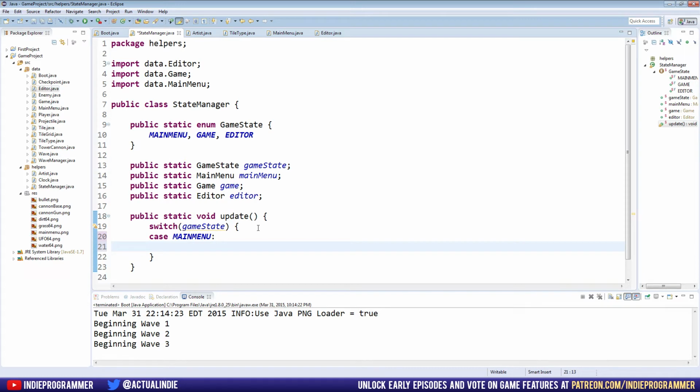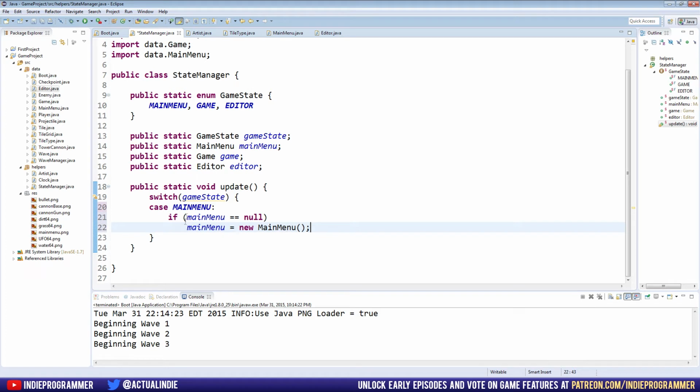So for now, we're going to check, first off, if main menu is equal to null, meaning it doesn't exist, then main menu equals new main menu. So this will only happen the first time we run the game, and that is just to create our main menu. And then right below that, we're just going to say main menu dot update, which does not exist yet, and then break. And break is how you end one of the possibilities of a switch statement, so we know that we're done working with the main menu, and we're going to work on the next thing now,